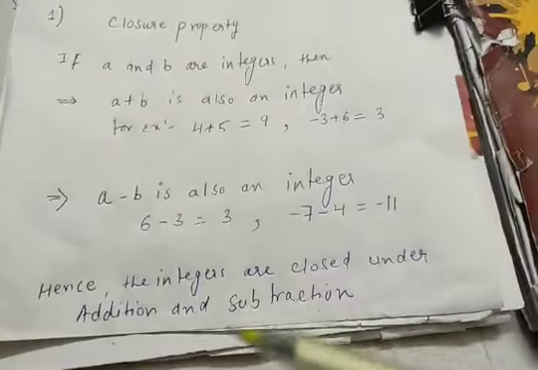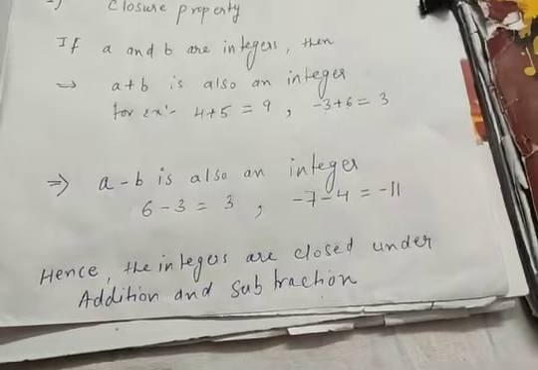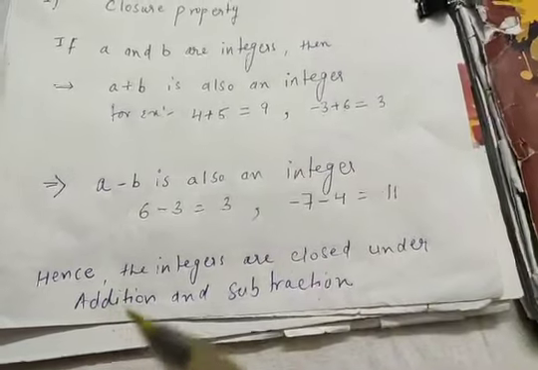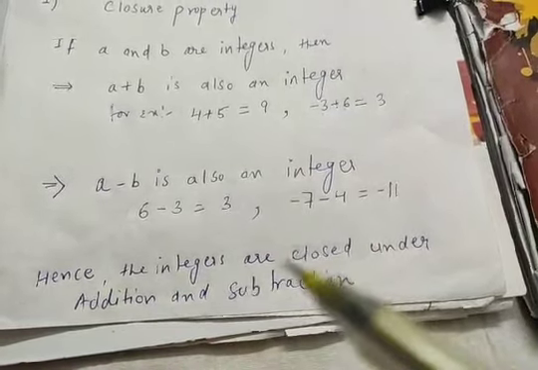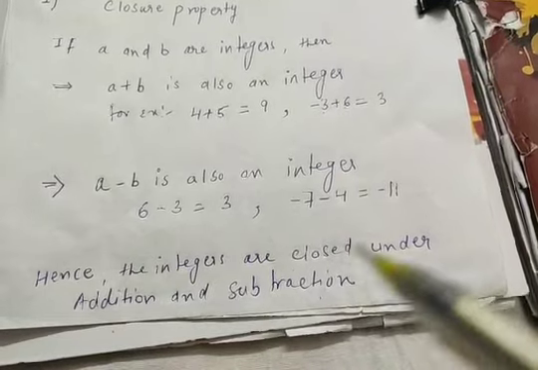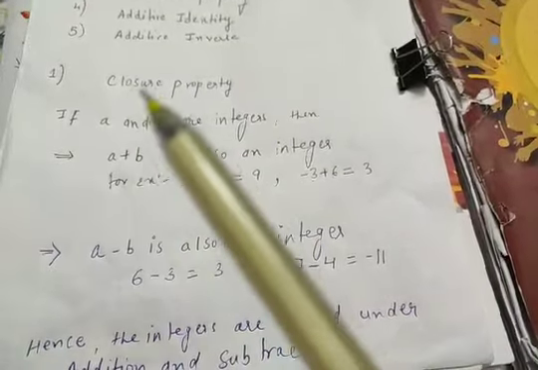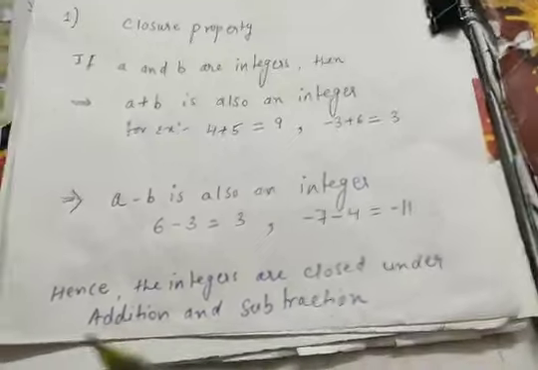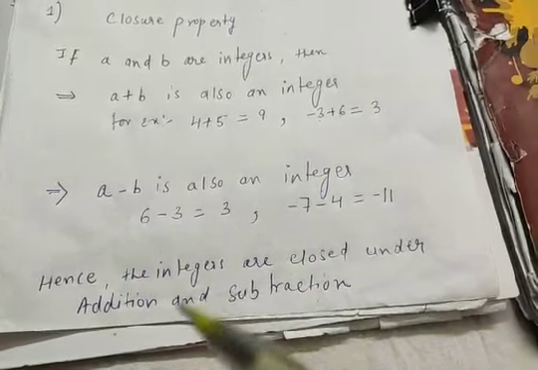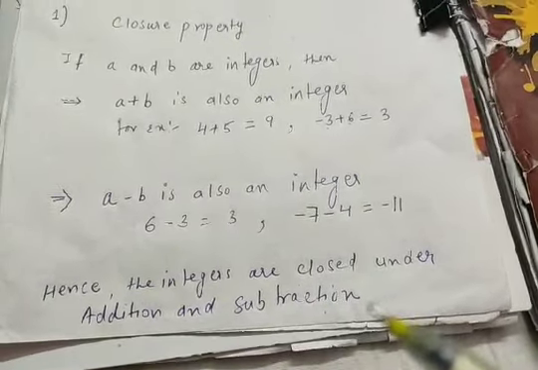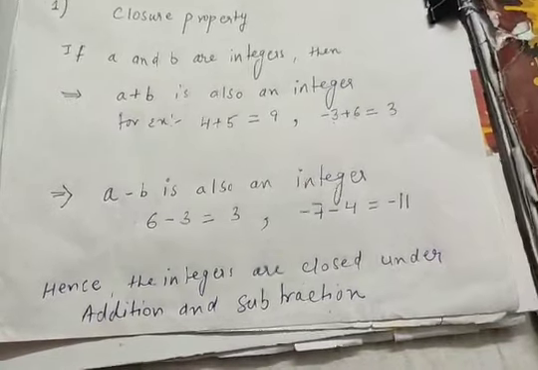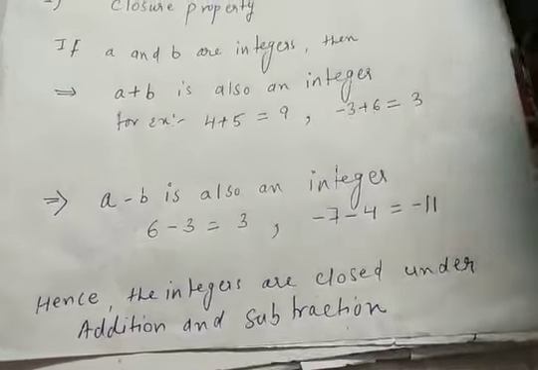So what can I conclude? I can conclude that hence the integers are closed under addition and subtraction. The word closed means closure. Clear? The word closed means closure. Hence the integers are closed under addition and subtraction. Clear? Now we'll do the next